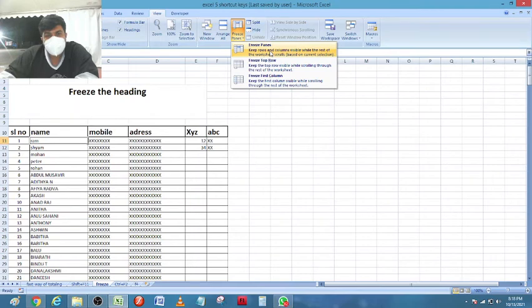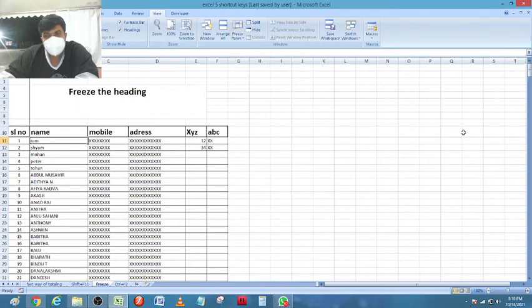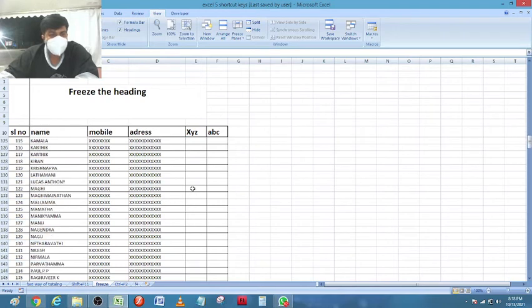Once you click on that you will see one line has come here. Once the line is there, if you scroll down, you will see the numbers and names going down, but the headings will remain there only. So this is how we can freeze the headings, and it will be very helpful to know what type of heading is there on the top and what data has to be entered.